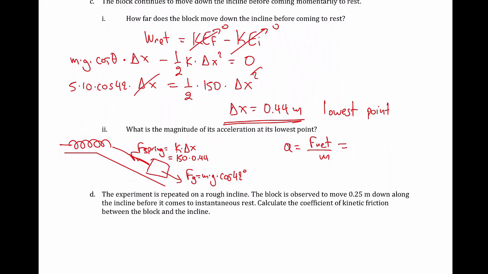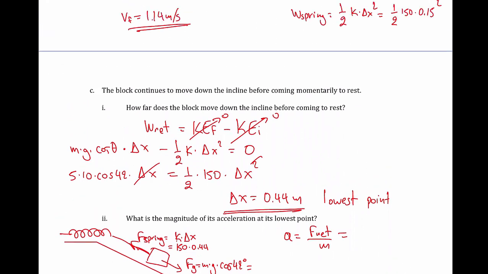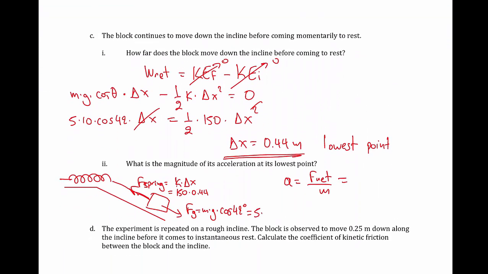So the acceleration is F net, so it is mass g times cosine. Actually, probably the acceleration at the lowest point will be backwards towards the top of the inclined plane, towards the spring. And actually we know the force of gravity, which is mass times g. So the mass somewhere was given 5 times 10 times cosine of 42. So from this we say that the one force is 66 Newton, the other force is for sure less than 50, so